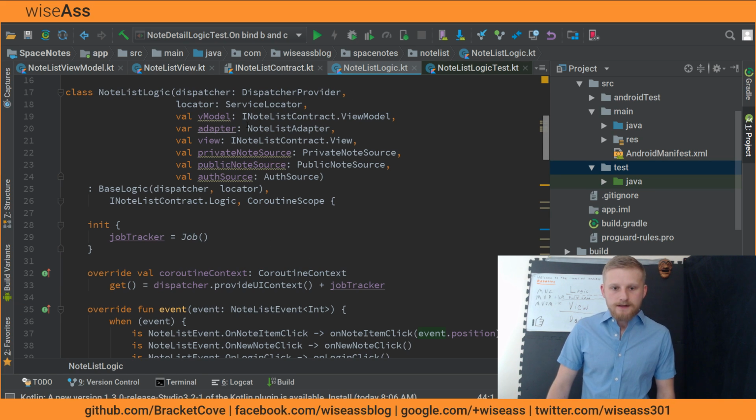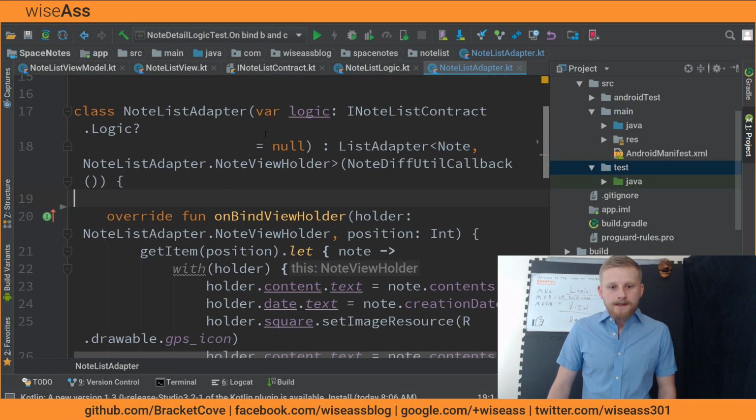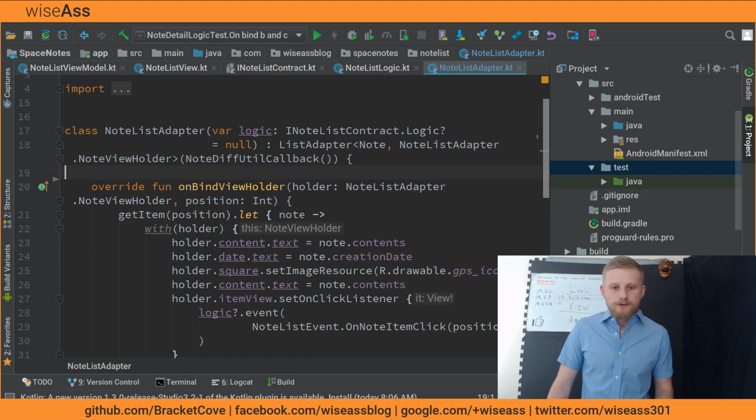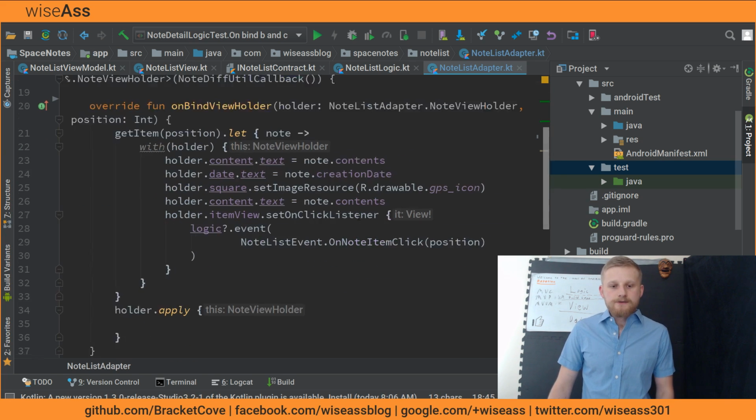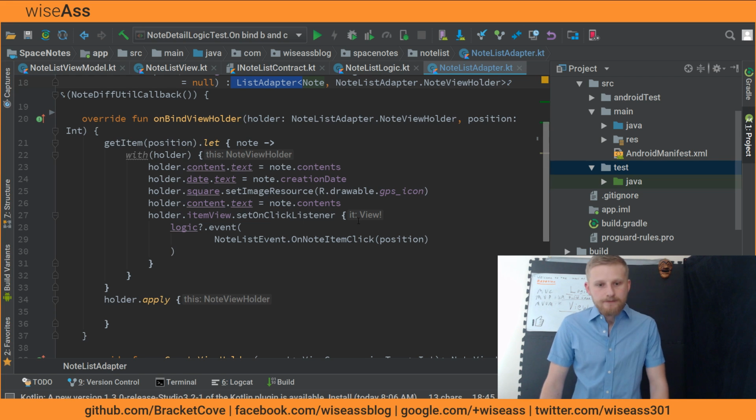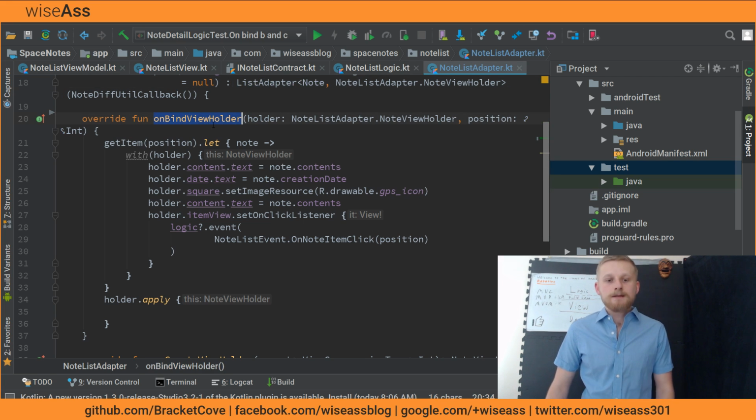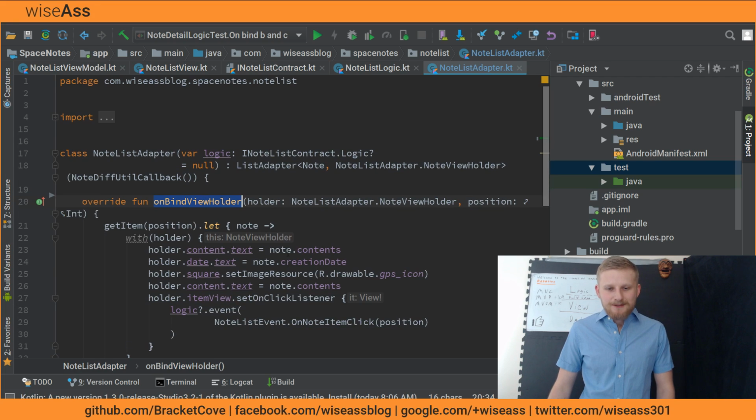Then we'll get into the adapter really quickly. So one of the big problems I had with this particular application is, the thing about a list adapter or a RecyclerView adapter is that, just because of the nature of this class, it needs to be able to inflate and bind views from a particular view,